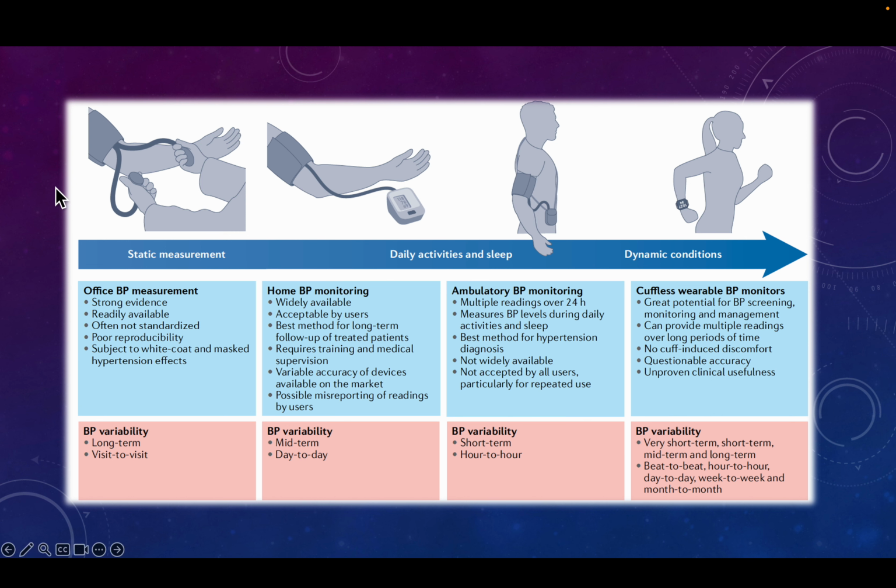For the measurement, single beat variability we can measure with a BP instrument, and you can ask the patient to record the blood pressure at home and check for the variability during the day, or one can do an ambulatory blood pressure monitoring and look at the blood pressure variability, that is short-term variability over 24 hours or 48 hours. Then there are new devices which are going to make a scene in the market, which would be able to record variability for a longer period of time. They are called wearable instruments of blood pressure measurement.